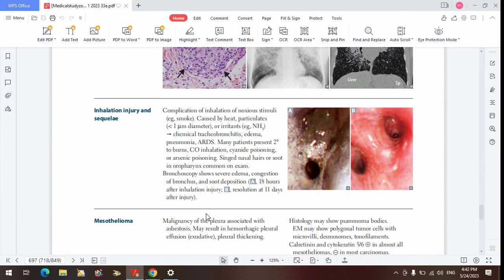Dr. Pawale, meaning that if the person is not symptomatic, for instance it's an incidental finding, it will still not be treated? They will not be treated. Yeah, they might not be treated.